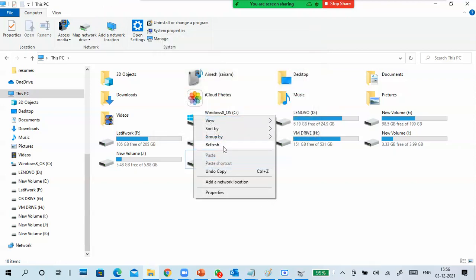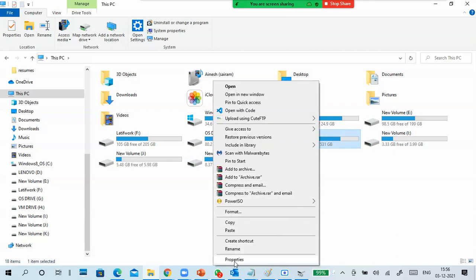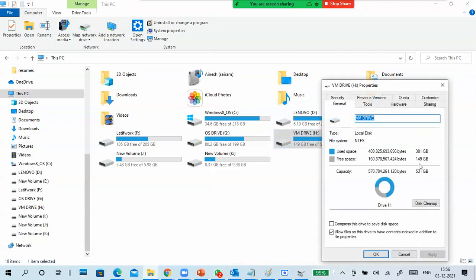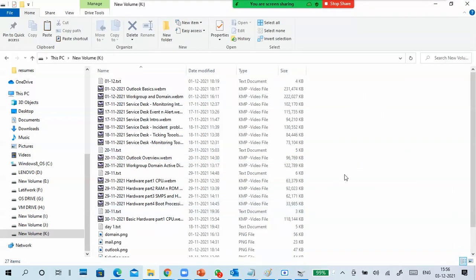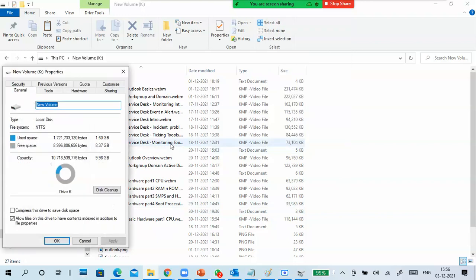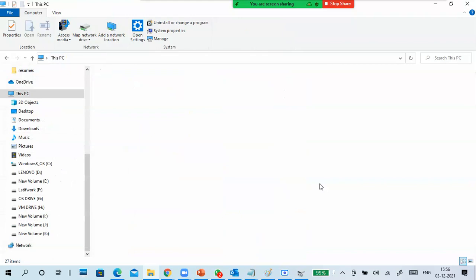Okay, so finally the data is copied. Can you see? Now it has changed. If I add some more data into this K drive, 1.6 GB, I copy it. Now it is expanding like this.